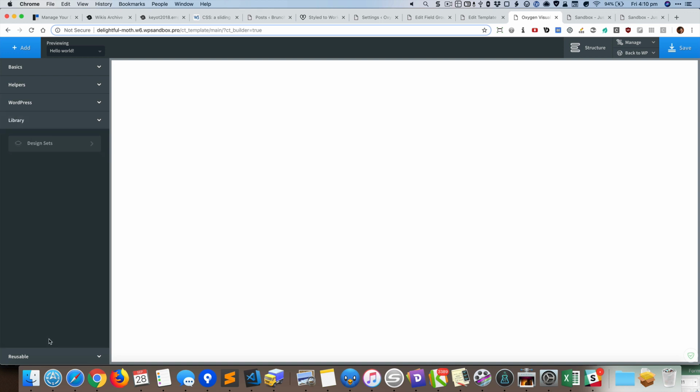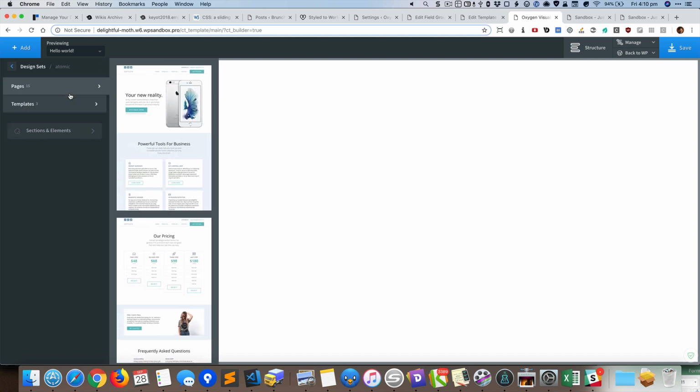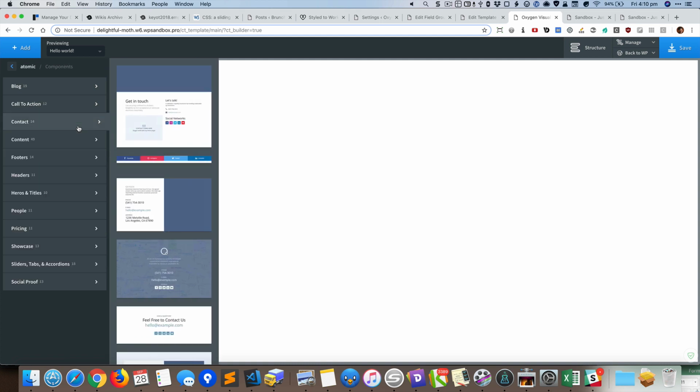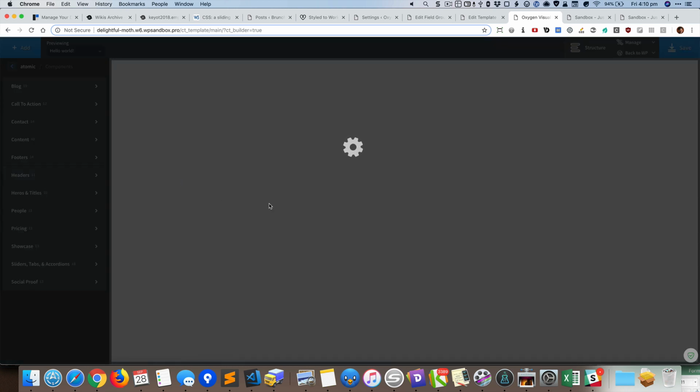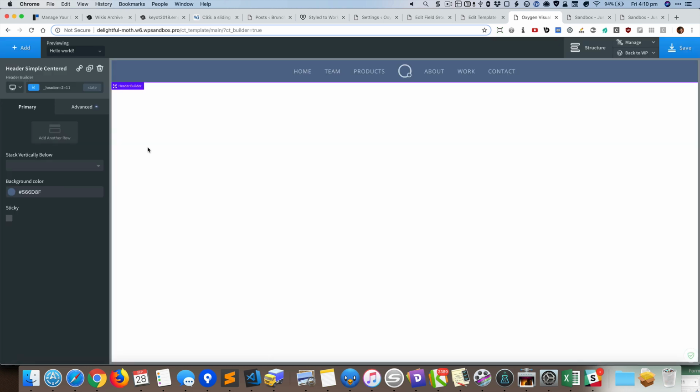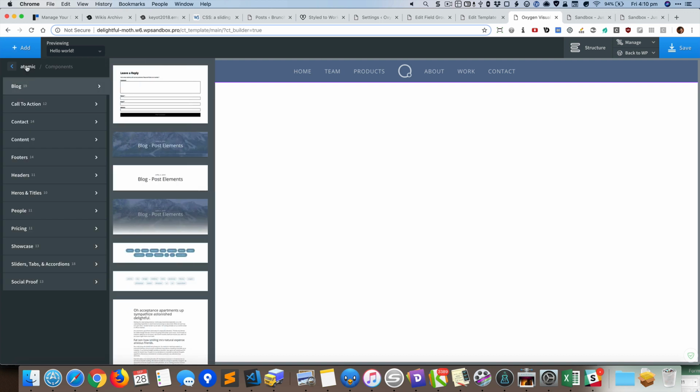So I'll go to library, design sets, atomic, and then sections and elements, headers. Let's select a simple one. Okay, and then click on add,